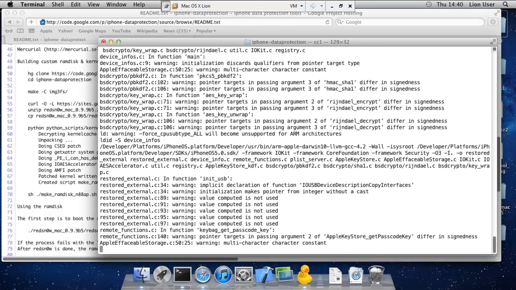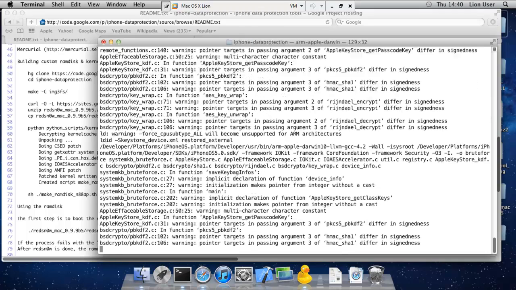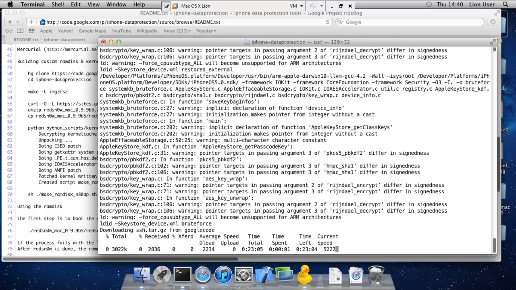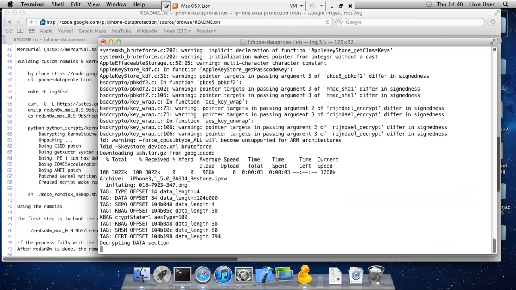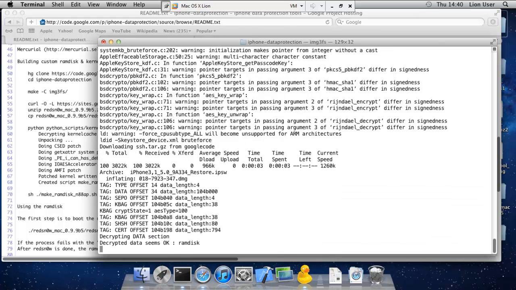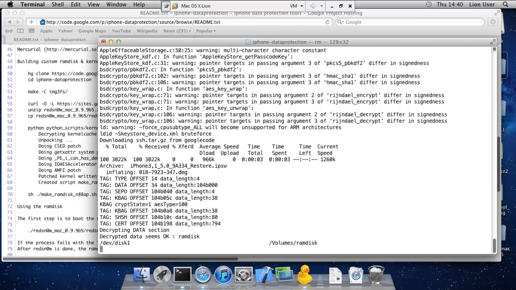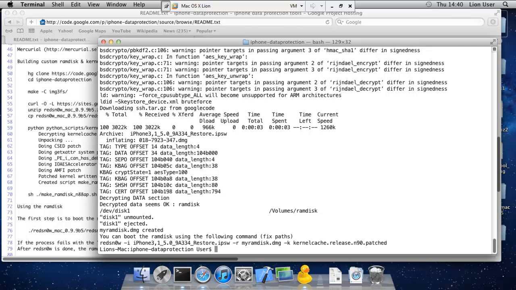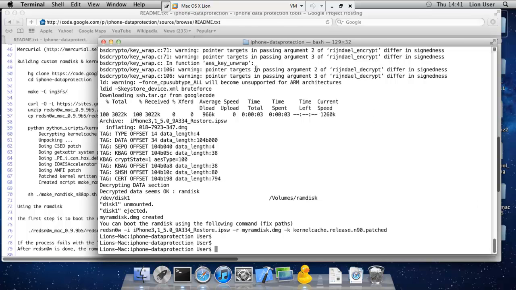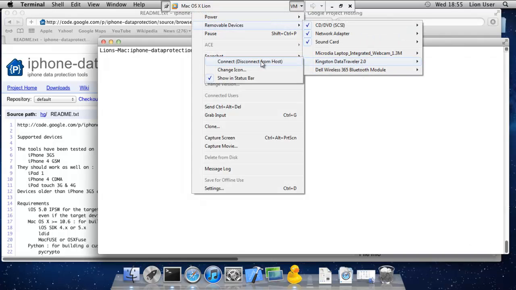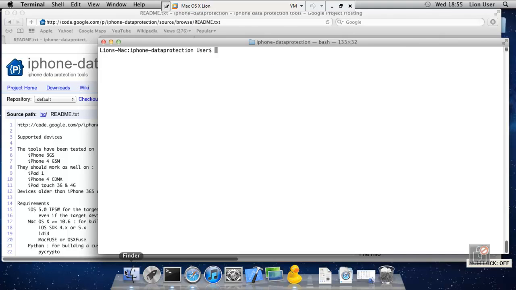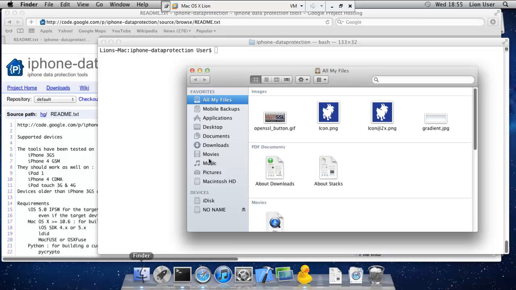After that, it creates a shell script to make a custom RAM disk. The shell script is going to extract the RAM disk from the iOS file. Later it decrypts it using the image3fs code. After that, it downloads the forensic toolkit from the Google repository and adds it to the RAM disk. The RAM disk image is just an HFS file system which is native to Mac OS, so it is easy to add files to it. Upon successful execution of both steps, we get a patched kernel and a custom RAM disk.